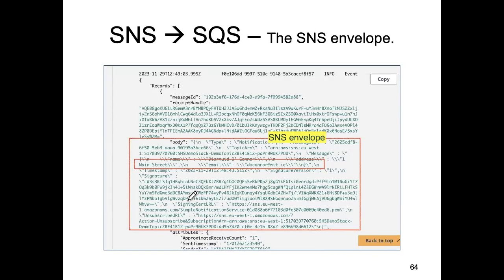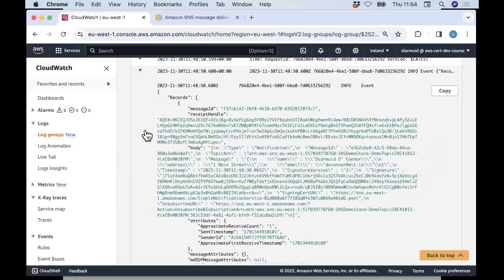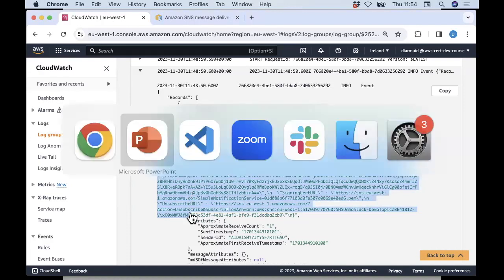So what I'm showing you in this screenshot is the message that is received by my Lambda, which has the envelope included. So the envelope is this outer box, whereas the source message is this inner box. So that's what you get, and that's what I'm getting at the moment, because if I flip over to here, that's what we're seeing here. This is the SNS envelope wrapping my source message. But if I simply go back to my source code,